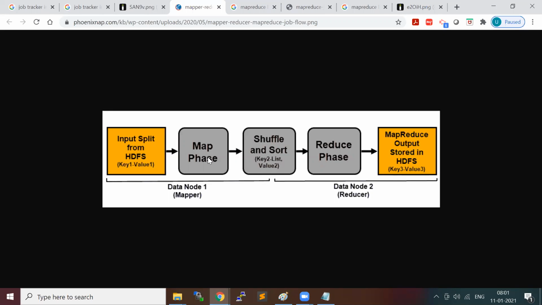The reduce tasks are decided by the user. I can have 0, I can have 1, or I can have multiple. If I have multiple reducers, how can I decide which key value pairs have to go to which reducer? That is decided by a simple concept called the partitioner. What this partitioner does is take your key and do the hashing, and based on the hash code